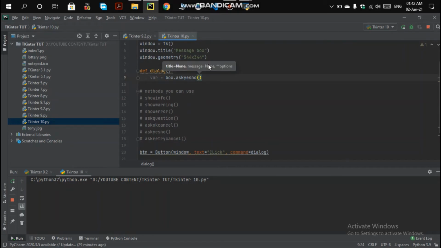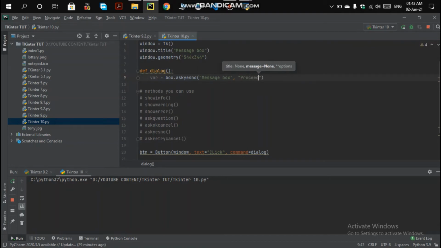the first option mainly. I have already told you that the first argument is your title argument, that is the title you want to give to your dialog box. So first of all, I want to give my title, like I am creating a message box, so I'm giving it as normal message box, and the second argument will be the message you want to display. So I want to display, like, proceed.